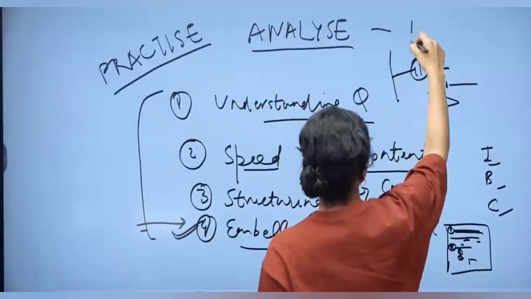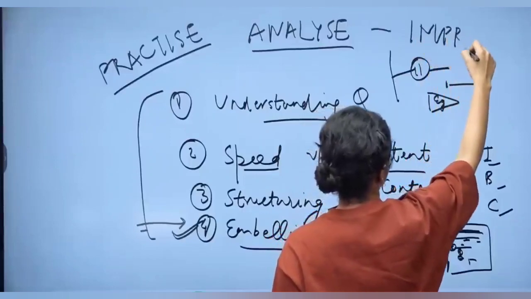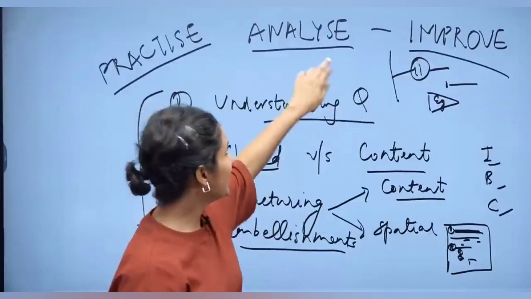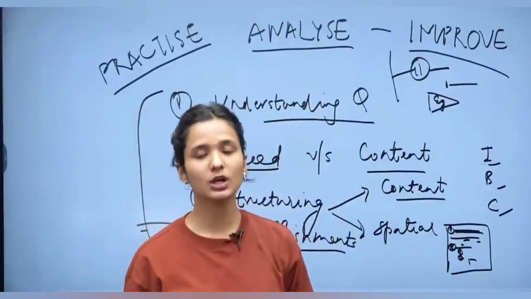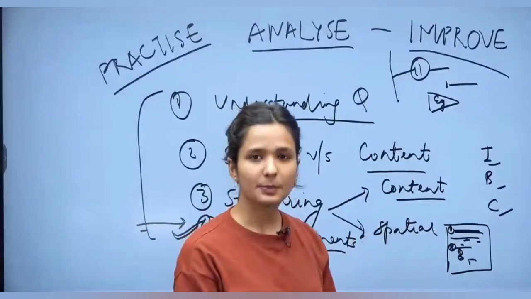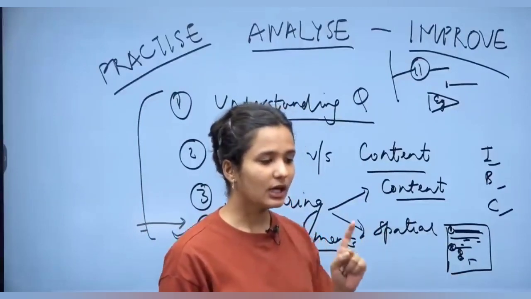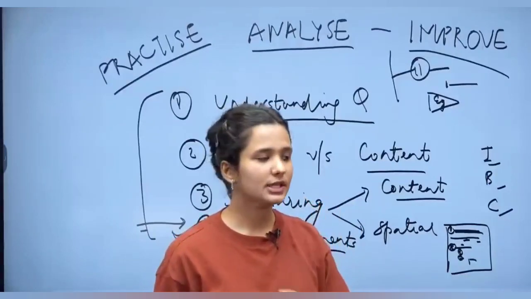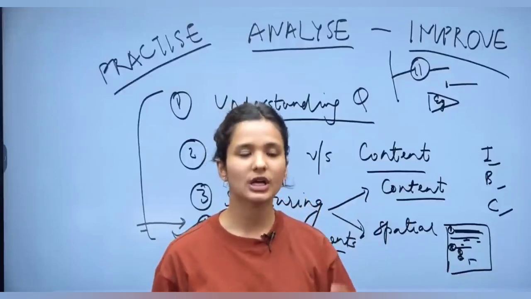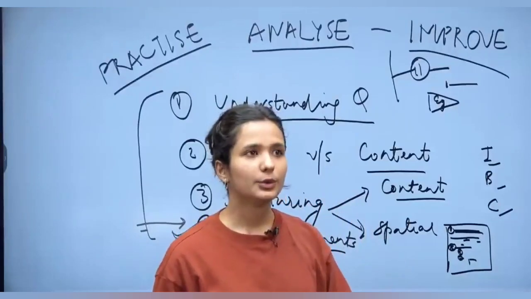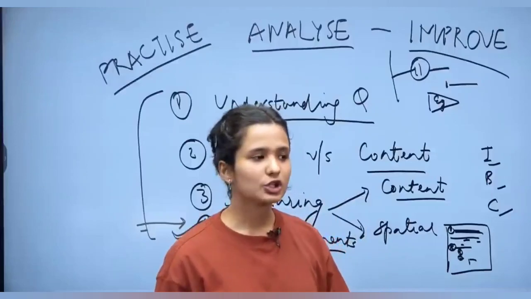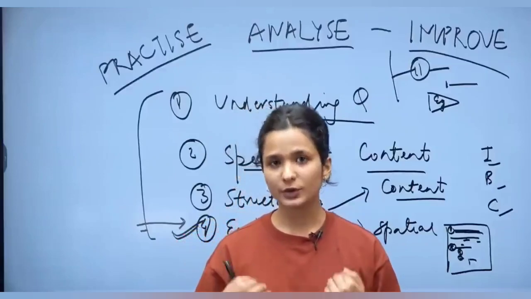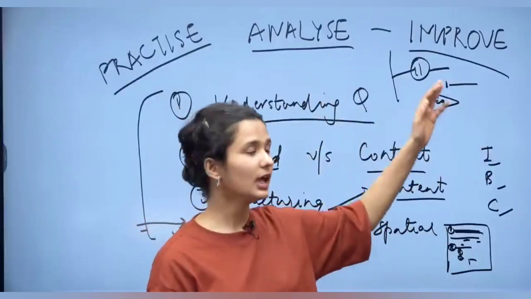And then most importantly, don't do answer writing randomly, but try to improve. So for the next paper that you're writing, based on this analysis, make sure before sitting down to write that in this paper specifically, I will write an introduction like this. If I get a question on social issues based on, say, secularism, this is something that I will use in the introduction. Last time I did not write enough points. I will make sure that I write at least 7 points in a 10 marker. Something like that. So make those targets for yourself and make sure that you improve the next time you write, and you're not writing